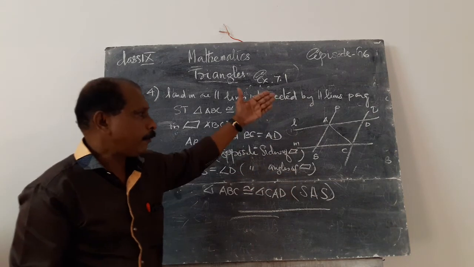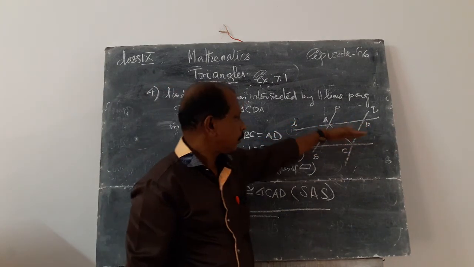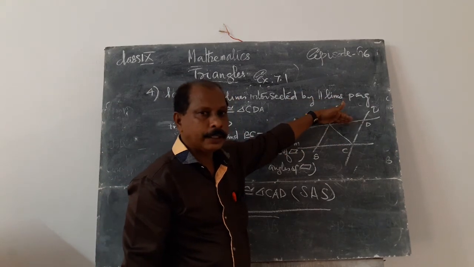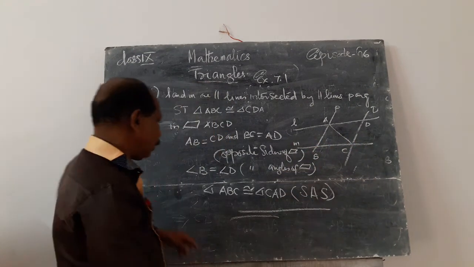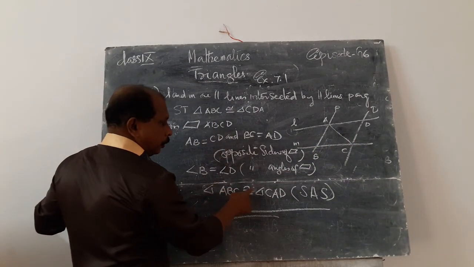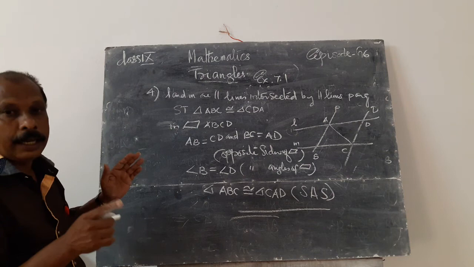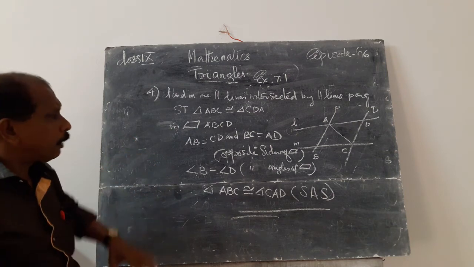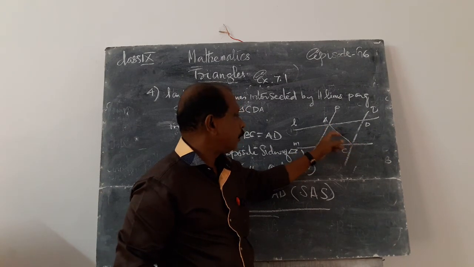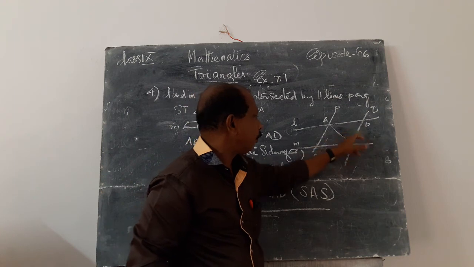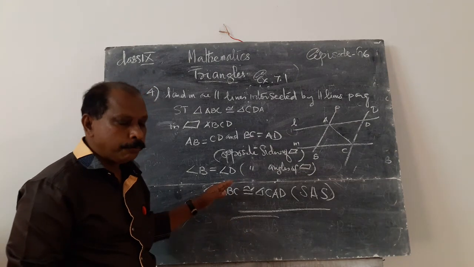What's the reason? Opposite angles of a parallelogram are equal. Therefore, we get one side, the other side, and the second side of the second triangle, and we included the angle between these two sides. They are equal. Therefore, triangle ABC is congruent to triangle CDA. What's the reason? Yes, that is side angle side. Therefore, these lengths coincide, these two angles are equal, and these two angles are equal. This is the proof of this problem.